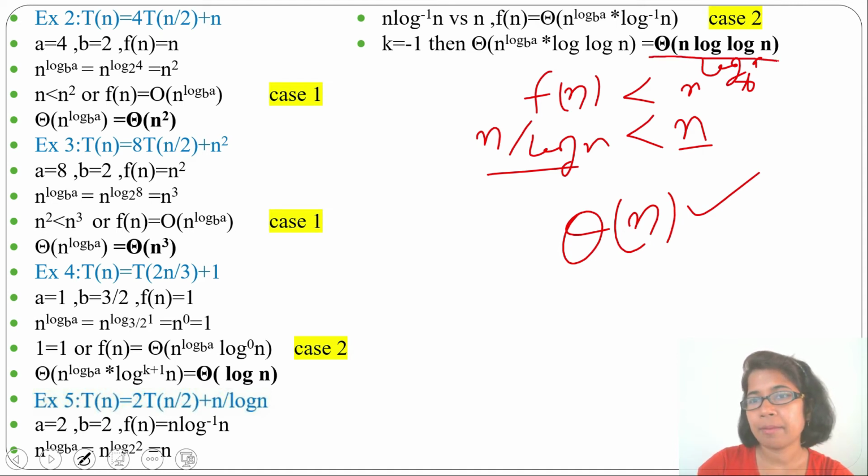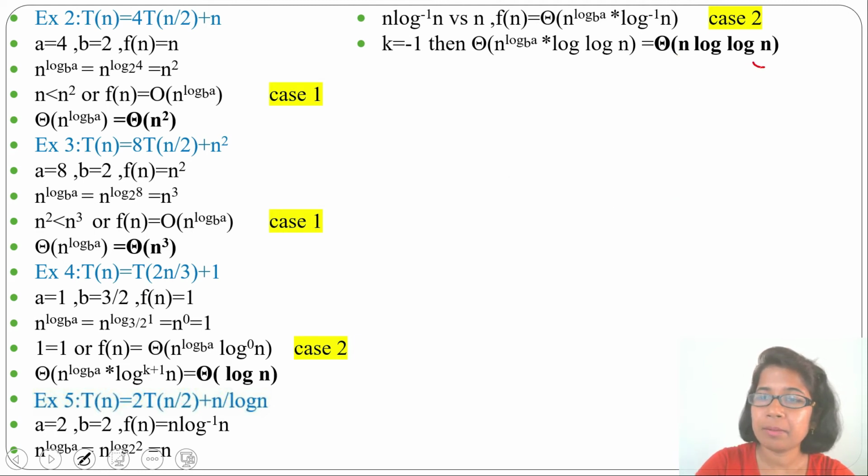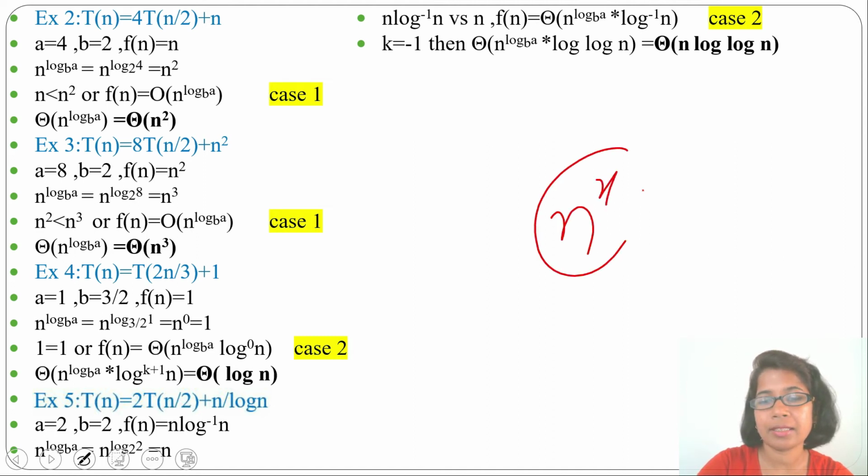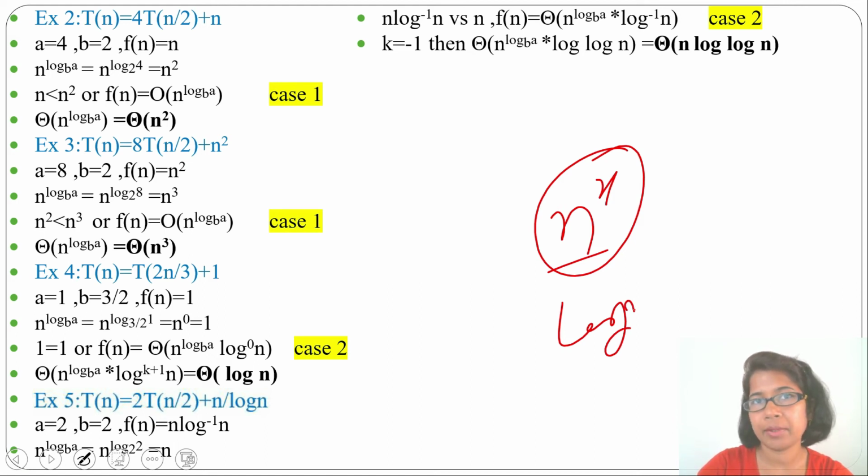You can check by backward substitution or the recursion tree method. So this will be our running time, theta of n log of log n. I am not saying the Cormen master theorem is wrong, that is correct. If the function is of the form n power x, then that is correct. If the function contains some logarithm, then we do not get the answer from that master theorem. So better use the master theorem taught by S Academy.